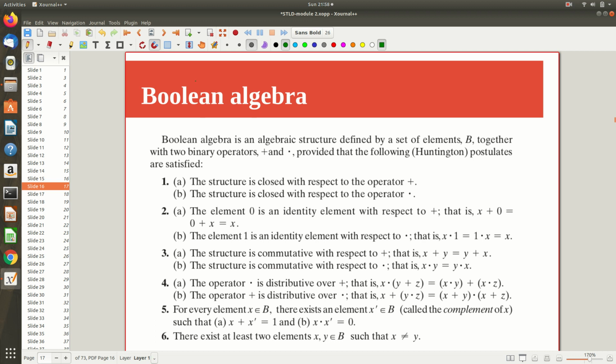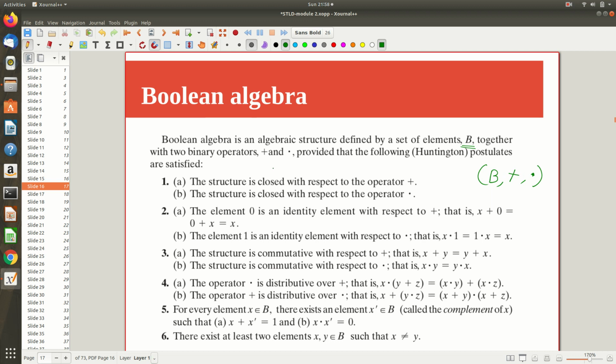So, starting with the first postulate, before that, here we have a set. It is an algebraic structure having a set, say B, and we need a minimum of two operators for this algebra. One is represented by plus and another is represented by dot. At this point there is no interpretation for plus. Don't interpret it as decimal addition or an OR gate, nothing. We are simply using two symbols for representing two different operations, that's all. Plus represents one operation and dot represents another operation. That can be any random operation.